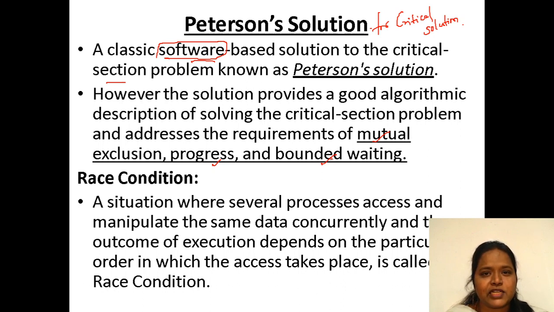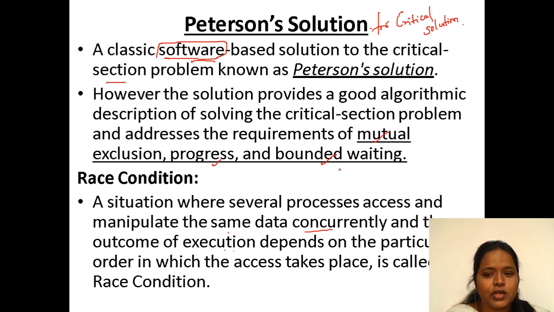When we have satisfied all three conditions, only then can we say that the critical section problem is solved. If any of the conditions is not satisfied, we will not say that the critical section problem is solved. As I have said, a race condition is when several processes access and manipulate the same data concurrently, and the outcome of execution depends on the order.